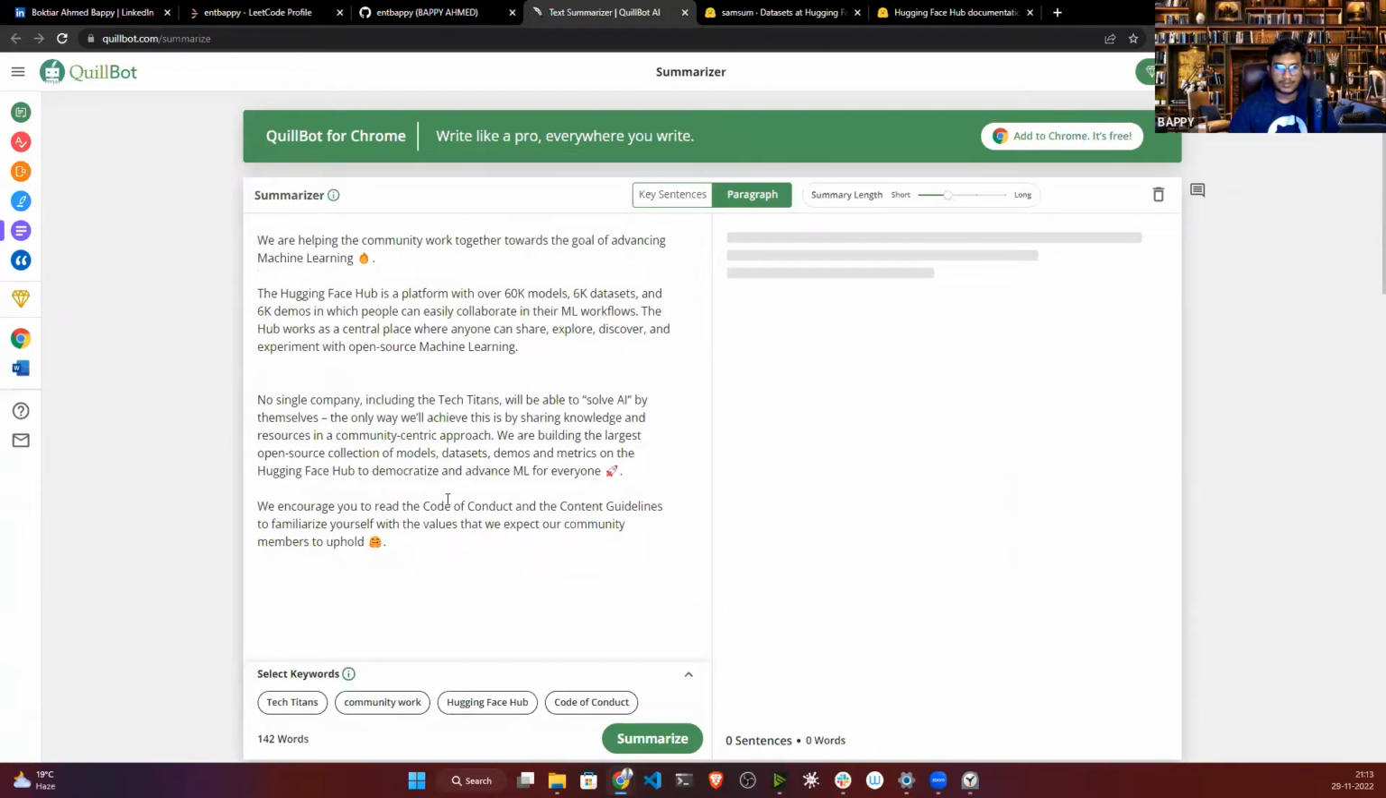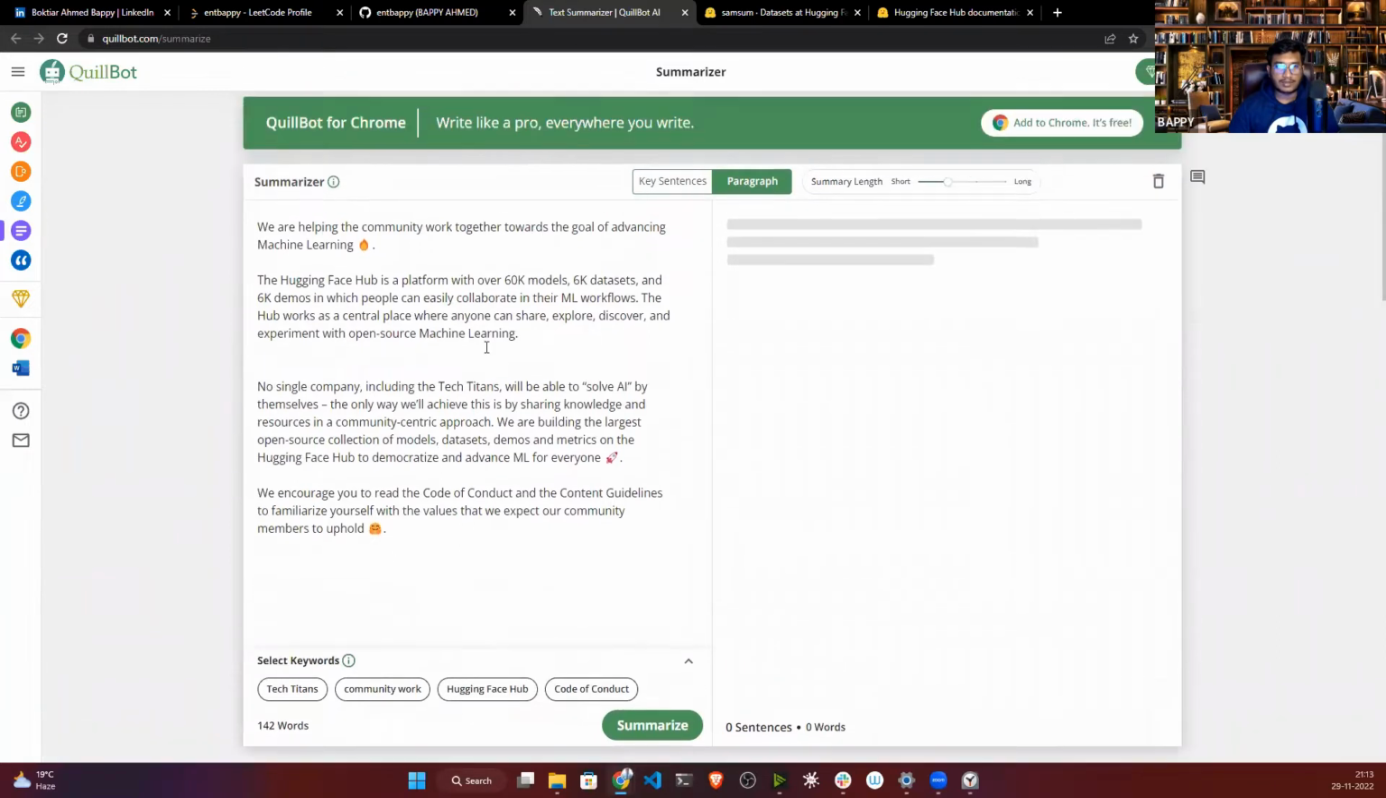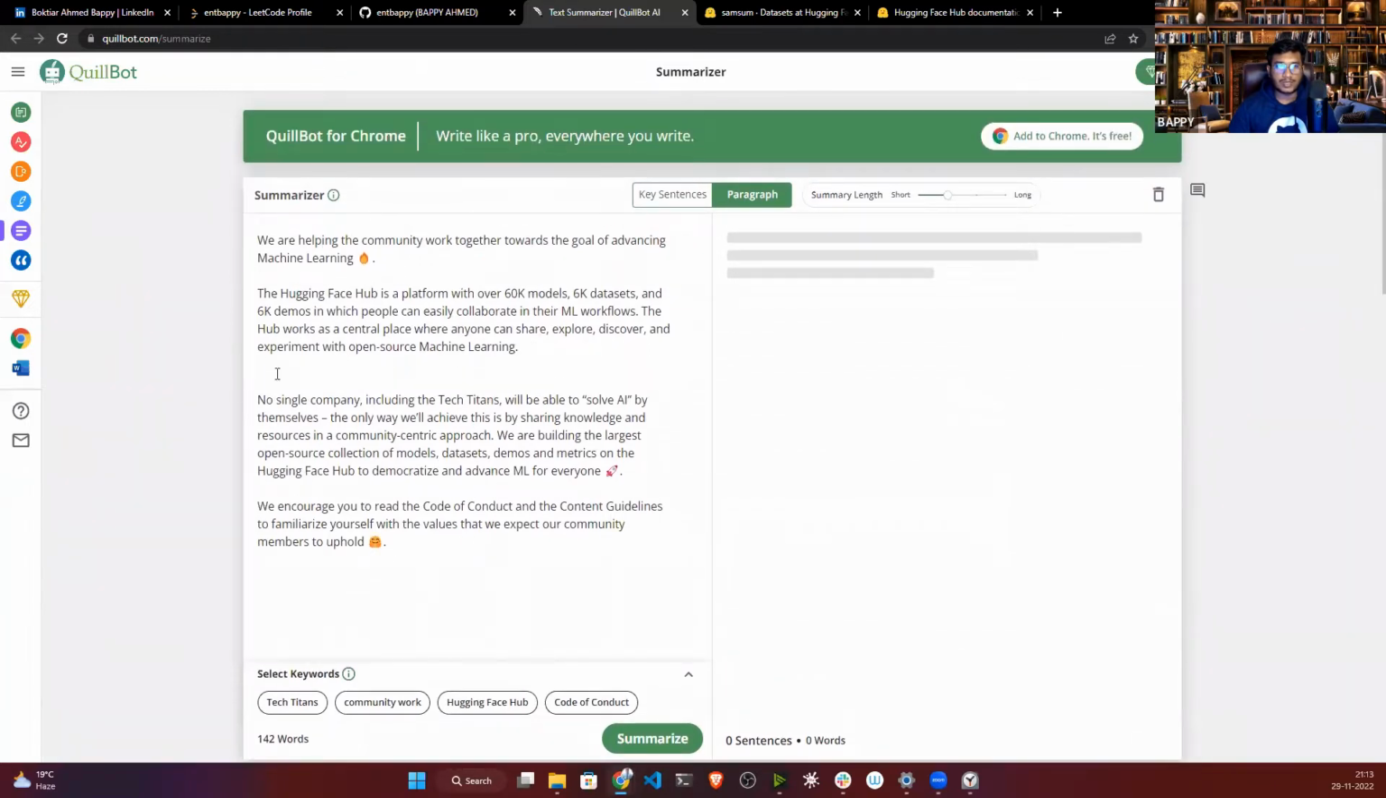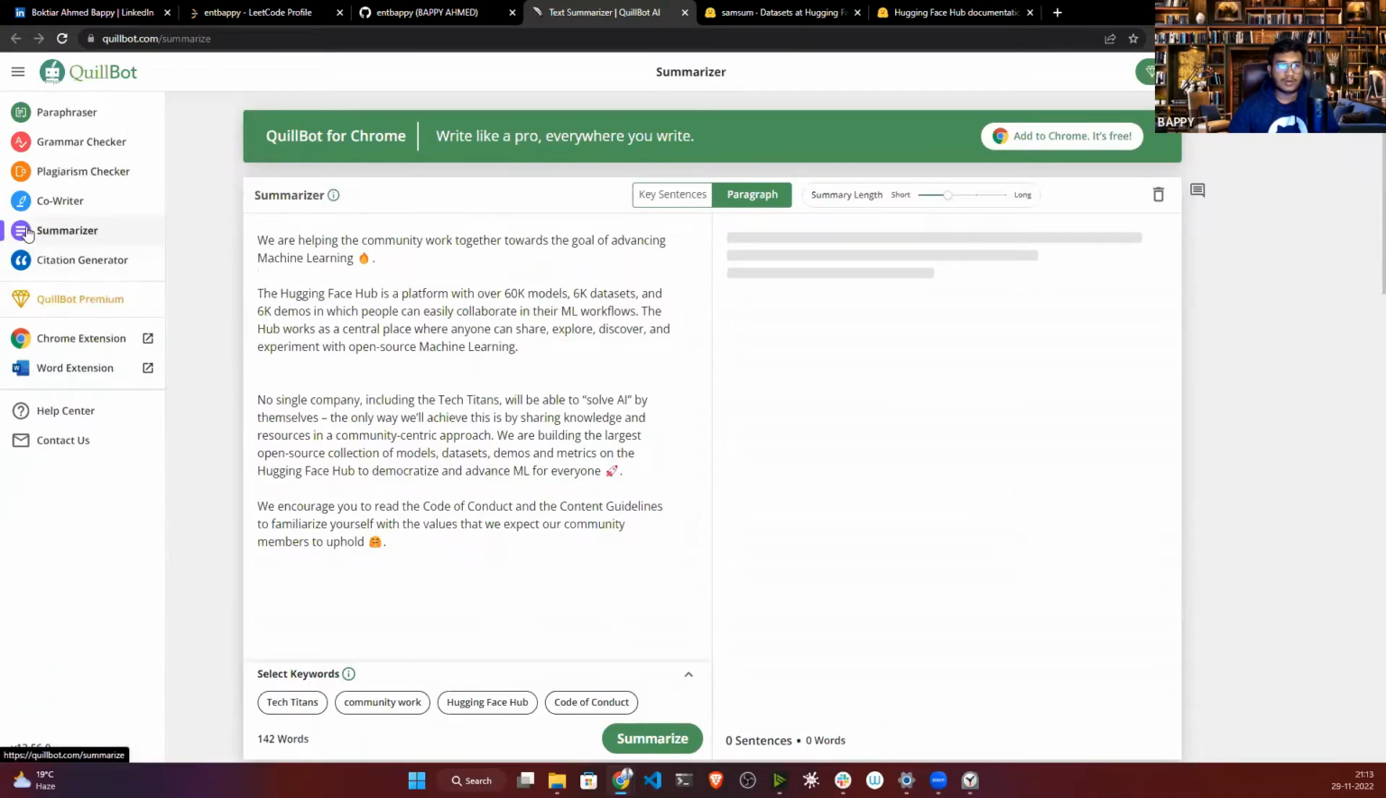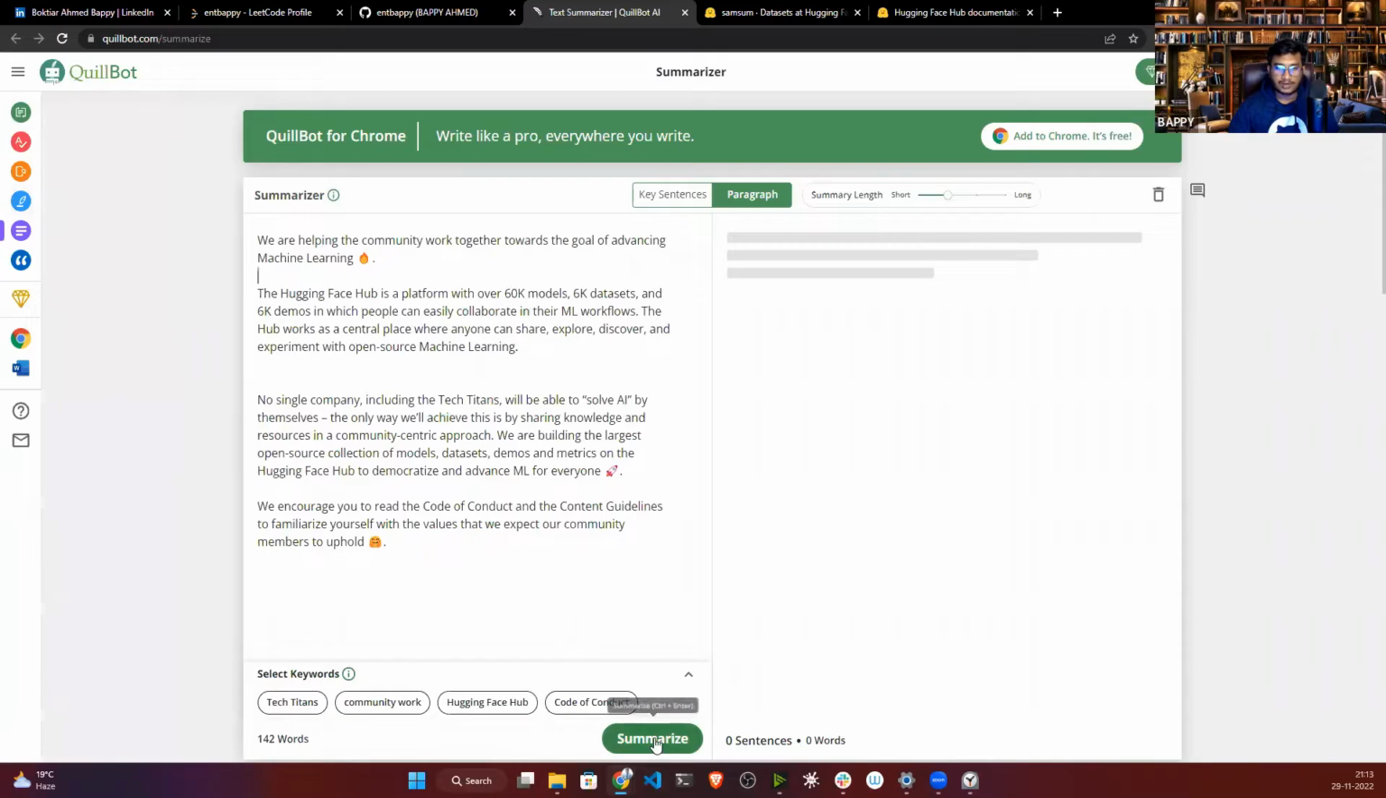Okay, so this is one of the very popular applications you can talk about in the field of NLP. Not only summarization, you can see a plagiarism checker is also there, a grammar checker is also there, a paraphraser is also there. These are tasks you are also using in your day-to-day life. If you are using Grammarly, Grammarly is also using this kind of NLP. Okay, so now if I click on summarize,